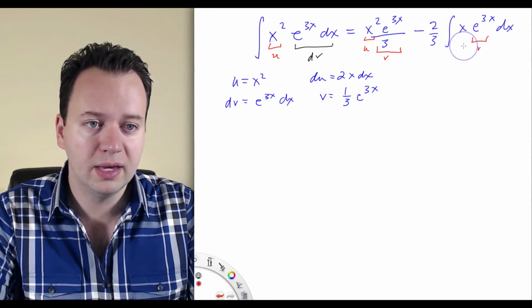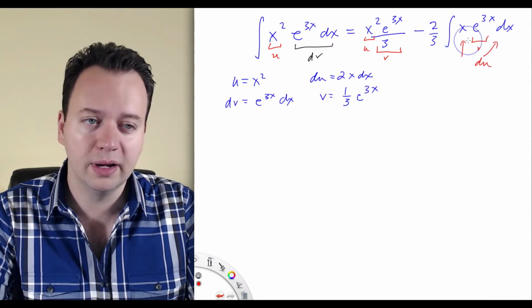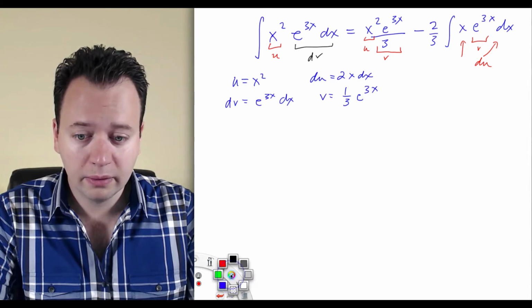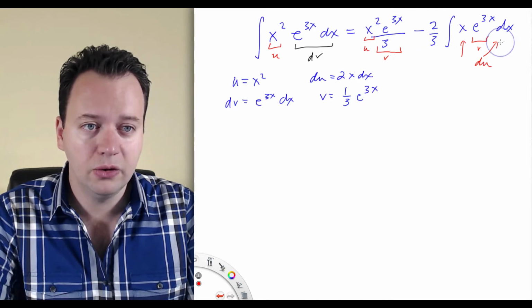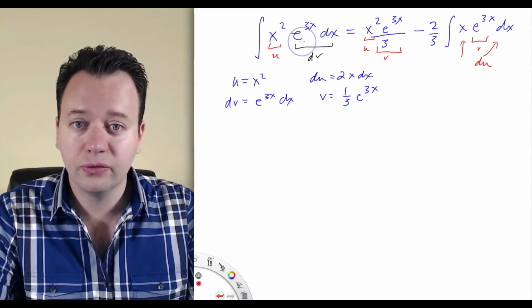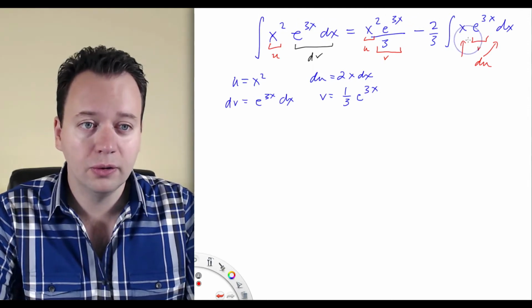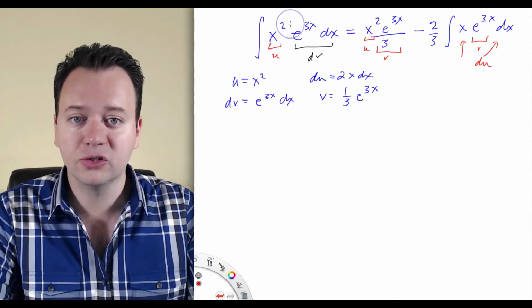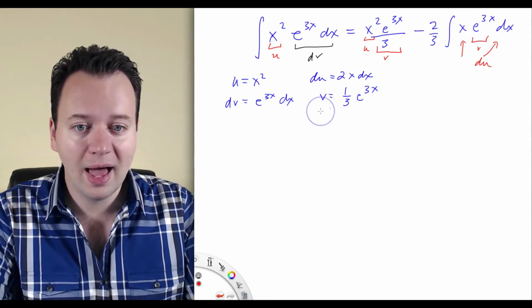There's the v, and there's the du. And the 2 and the 3 also belong in there as well. Okay, that's nice. We have uv minus the integral of v du, and we started off with an integral of x squared times e to the 3x, and we get something minus 2/3 times the integral of x e to the 3x. So we've reduced the x squared e to the 3x to an integral of x e to the 3x, and to do that one, we have to use